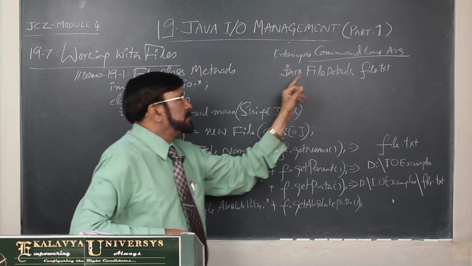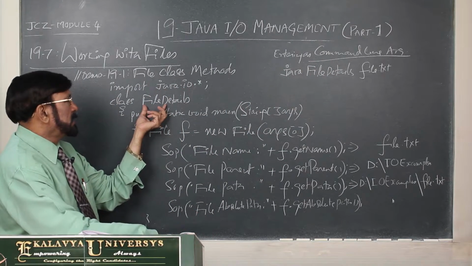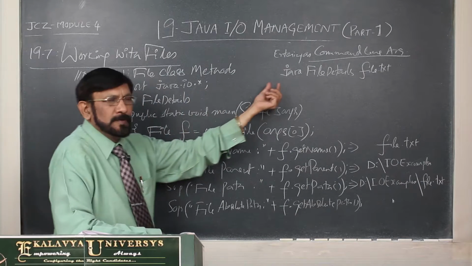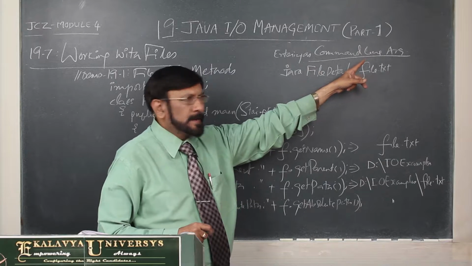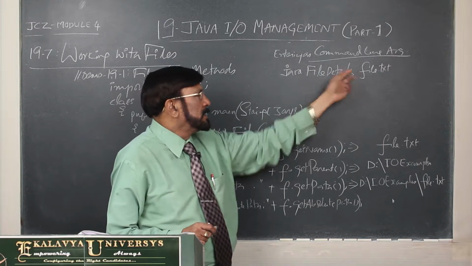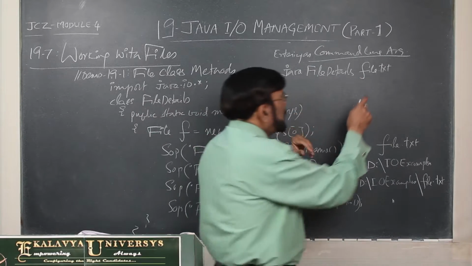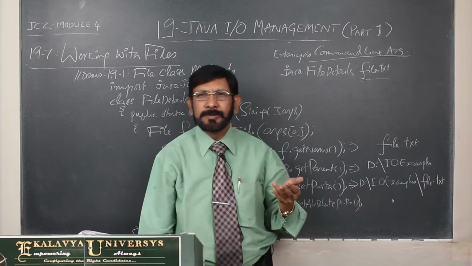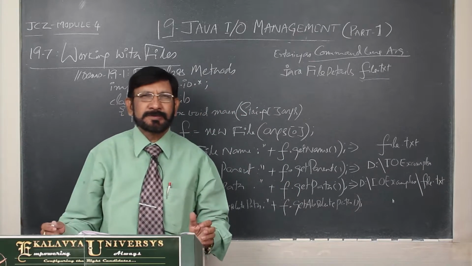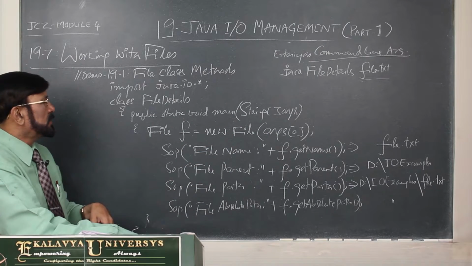And now you see in this case what is the name of the class? FileDetails. Now, at the time of interpretation I am giving java FileDetails. This is the file name I am going to provide to this program in order to know its features using File class instance methods. That point you have to understand.